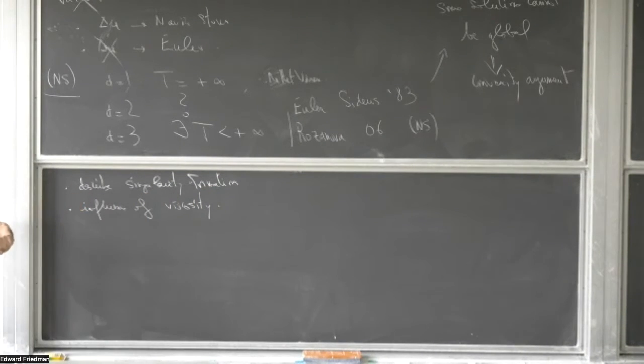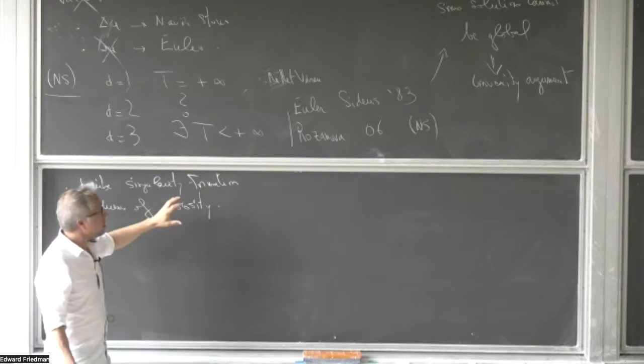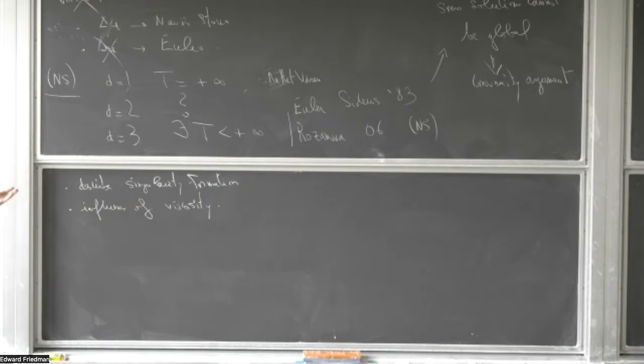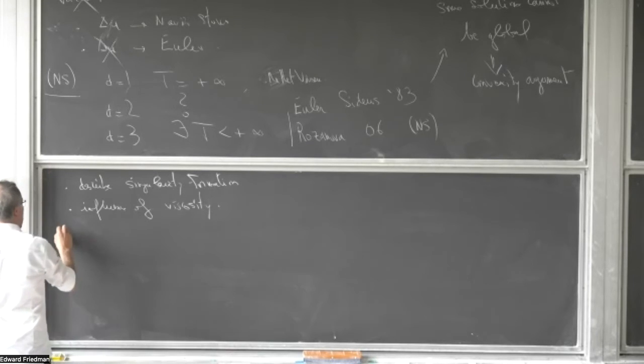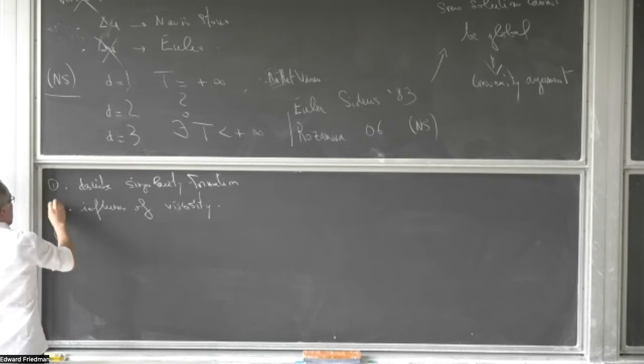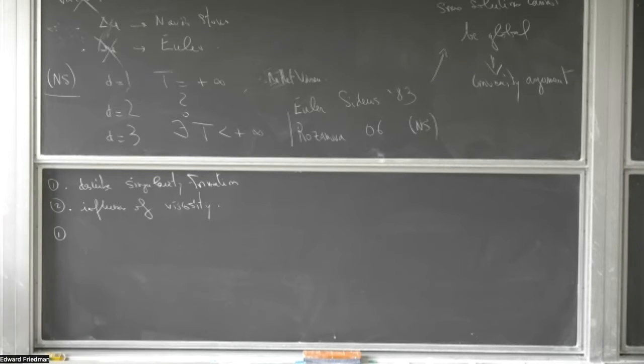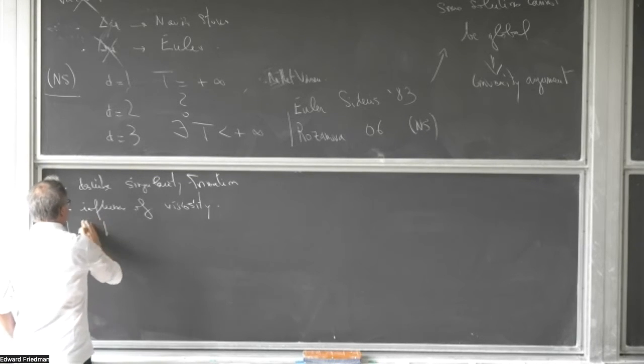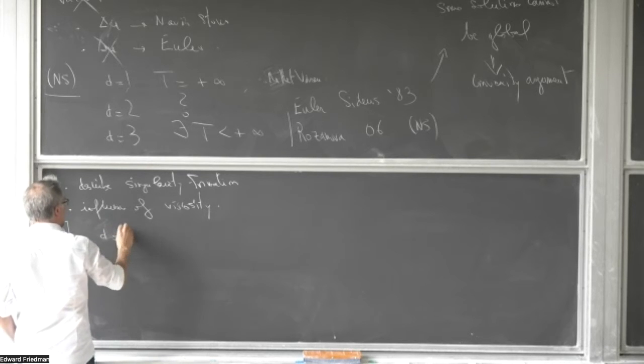Okay, so these are really the two problems. Describe singularity formation, and the influence of viscosity. How does viscosity matter: is it the same to have Euler and Navier-Stokes, or is it completely different? So regarding the first problem, we should think of the baby model in dimension 1, a long time ago,